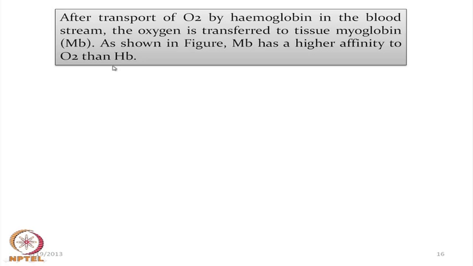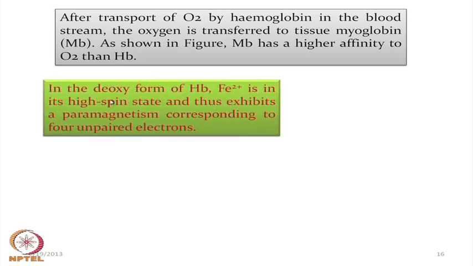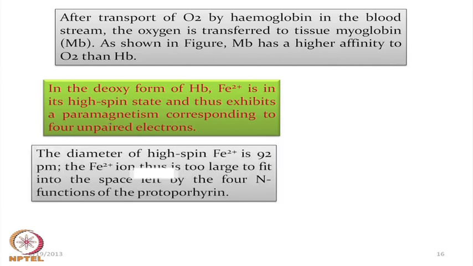The storing process is basically given by the equilibrium between the deoxy form of the hemoglobin and the deoxy form of the myoglobin, and Fe2+ in this deoxy form is in a high spin state, showing paramagnetism, and it corresponds to 4 unpaired electrons. Its diameter is 92 picometer, and Fe2+ is thus too large to fit in the pocket of the protoporphyrin,